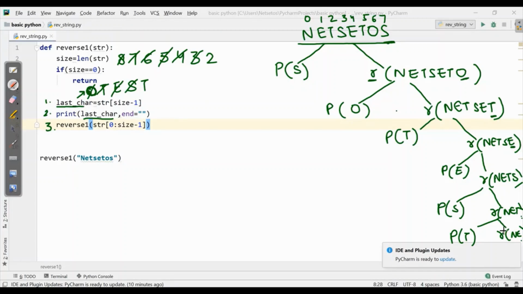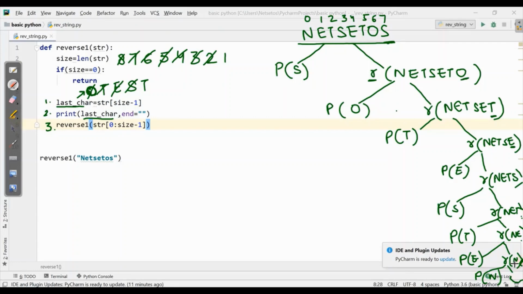Last character E will be printed. And here reverse will be just N. Then N will go here. 2 will reduce to 1 and 1 is equal to 0? No. So here it will print N and then reverse 0 to size minus 1. That means it will just get returned to N.